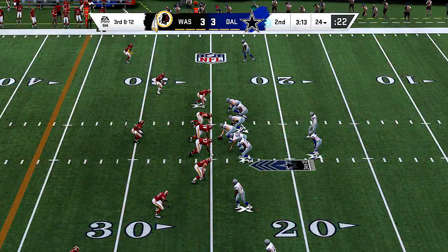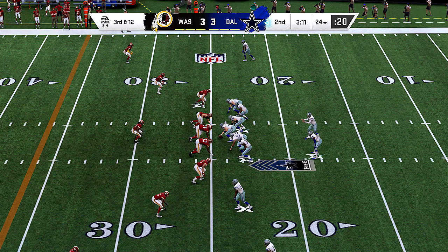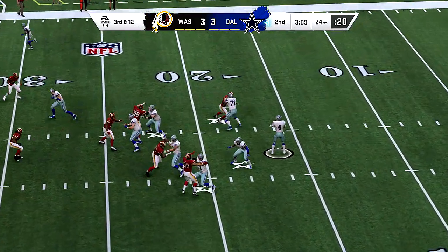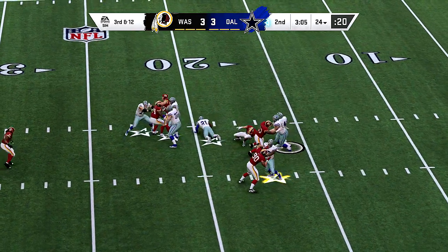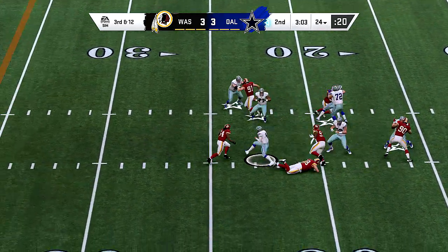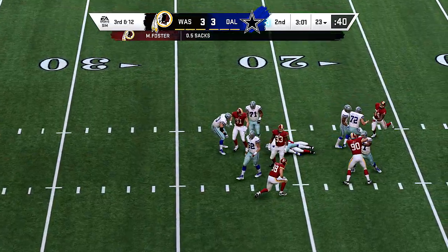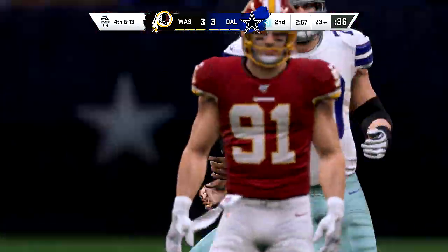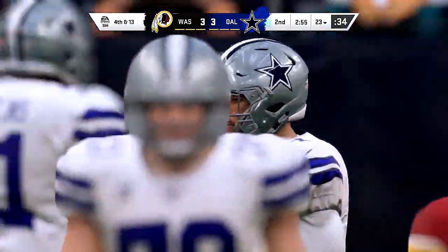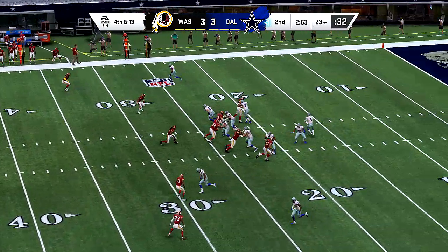Check, check. Watch 54. Watch 54. Come off the ball. Out of the gun. Here's Prescott. And he can't find anywhere to go with it. And he goes down. Mason Foster able to get him down behind the line of scrimmage, and it will be